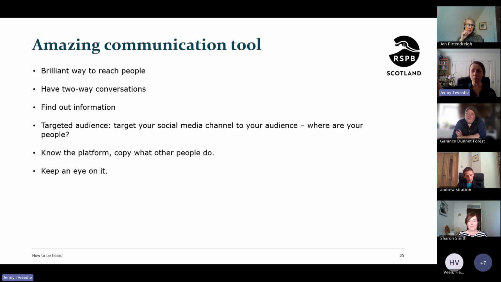They're not trying to get a damp, soggy leaflet out of a leaflet holder in a wood somewhere. It's just changed the way that people are finding their information. It also means that you can really target your audience. You can find out which social media channel you think your audience is on, and you can go there and talk to them. And also you can attract very, very specific people into the world that you're wanting to talk to.